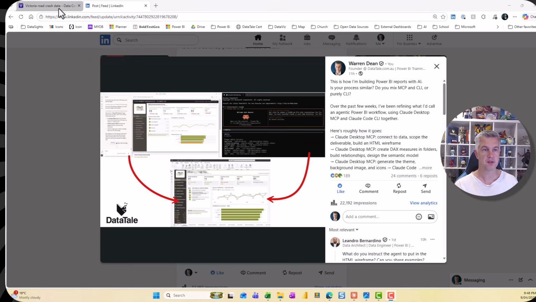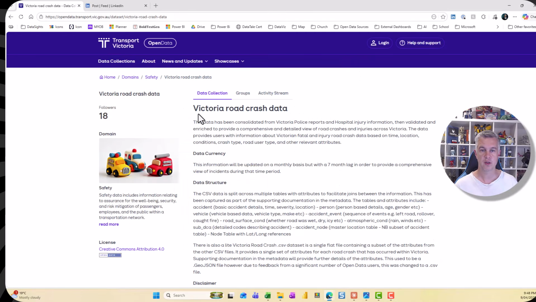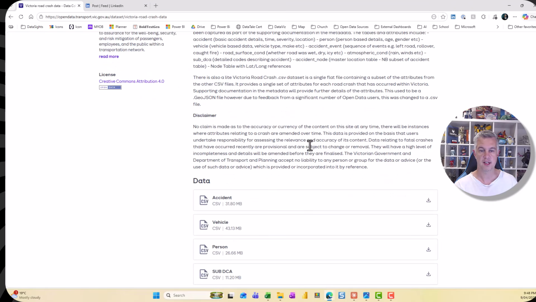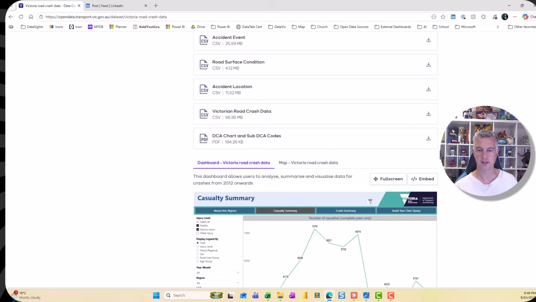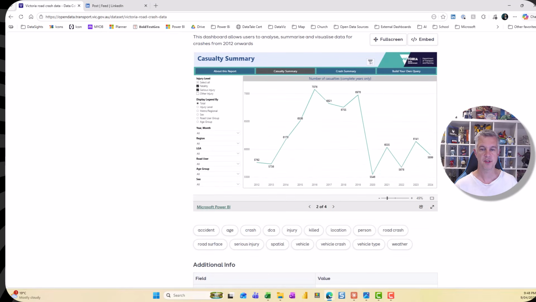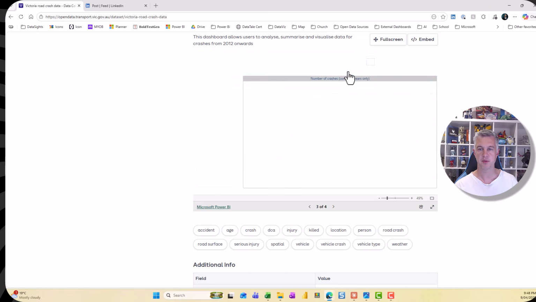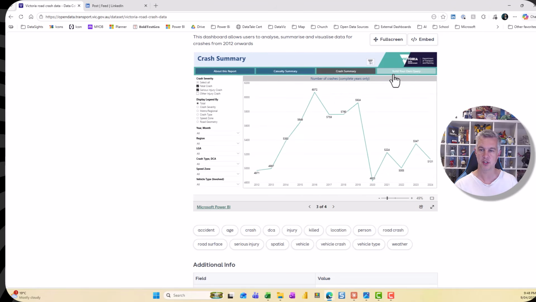So the data I'm going to be using is Victorian Road Crash data. So I've downloaded the data, it's all open from this particular website. And I've already used Claude to have a look at some images, because I think there's a Power BI report down here. So this Power BI report already exists. So I've passed these images to